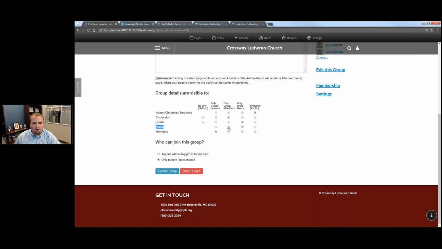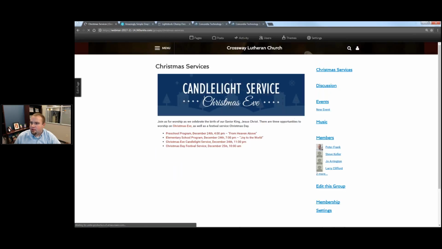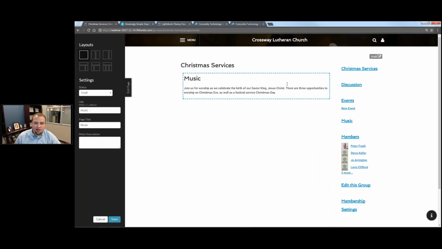So we'll go ahead and select music being available to all members and update that group. And then I'll go over here to music and click on that. And it defaults with the description. So when I click edit page, the next thing that I can do now is put music information in here. So I went ahead and